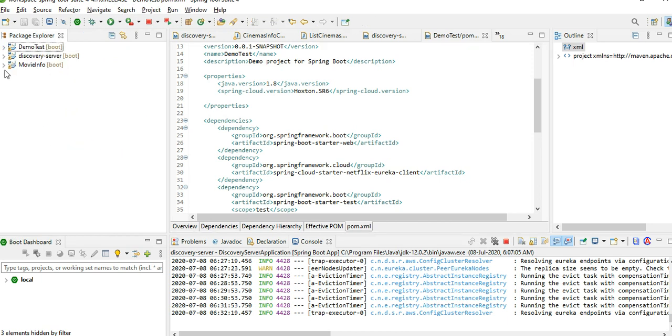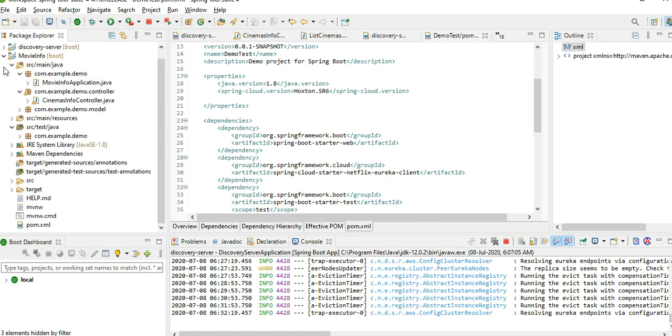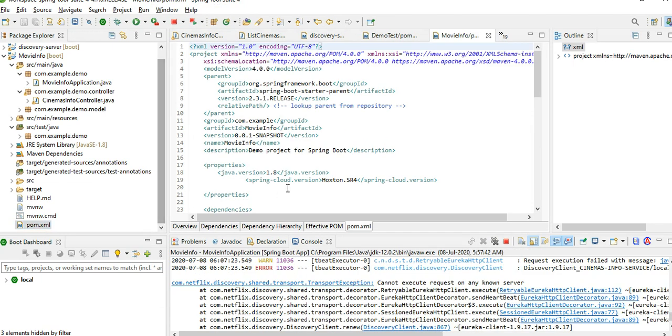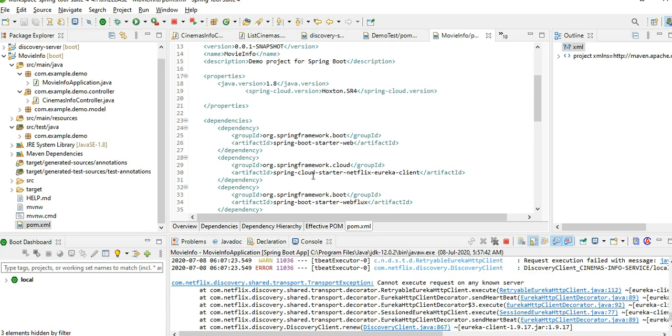I have another microservice that also includes the client dependencies, so that it registers to the cloud as a microservice.